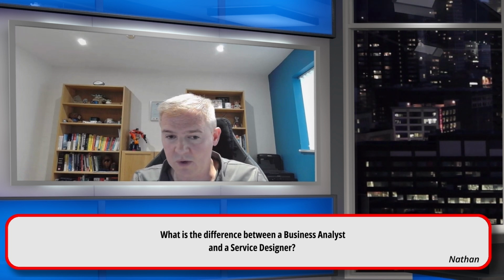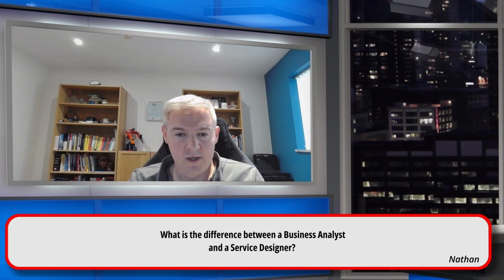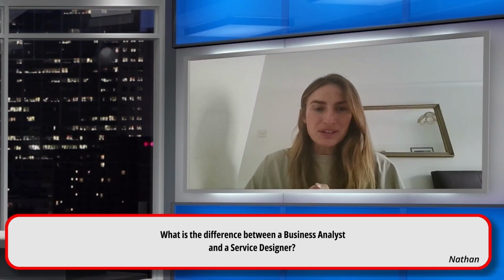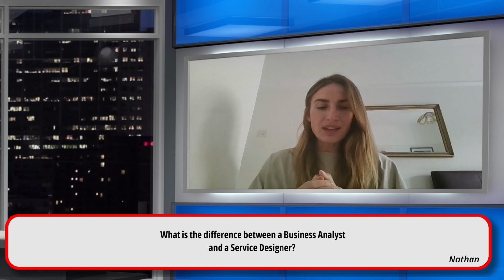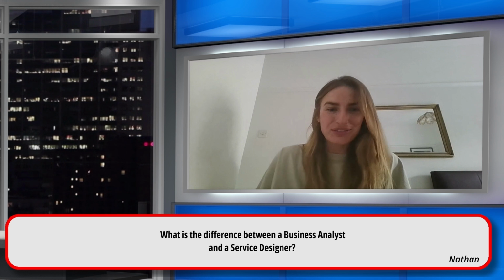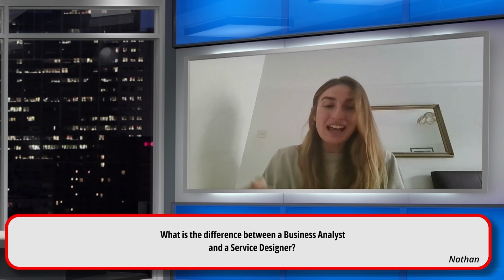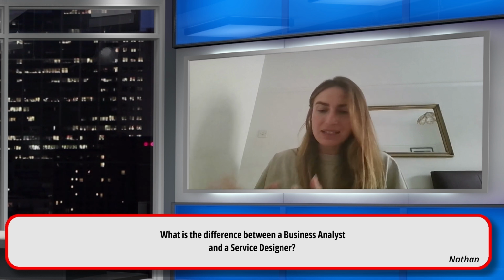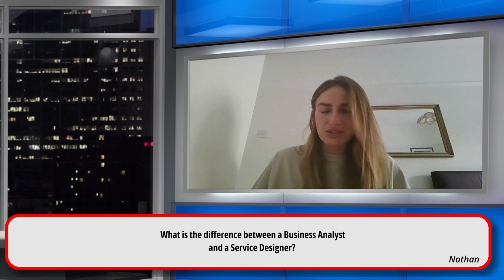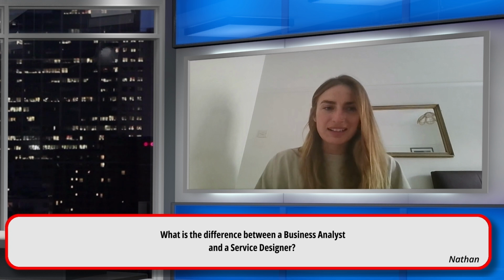Jo, have you come across this? What are your thoughts? Yeah. I just don't think you can be a purist in any of these roles. So as a business analyst, if you said, I am only ever going to do BA work and I'm not going to touch anything else, if there is a gap in the team, or say a project manager goes off on leave and there's tasks that you can pick up, or there's a service designer doing some work and they need some support with a number of interviews, focus group sessions, there's no reason why the roles can't cover for each other and step into that space.